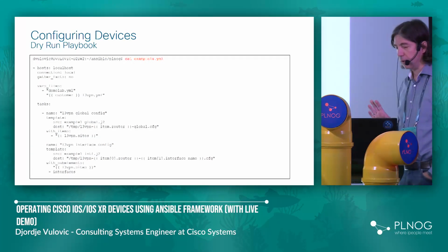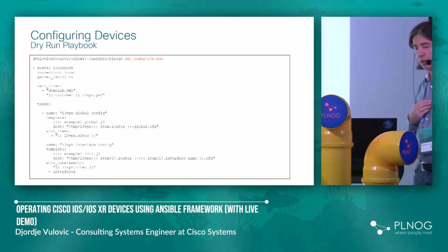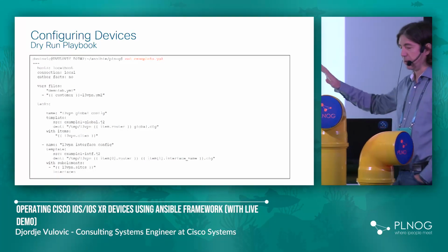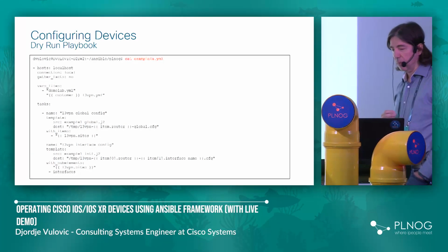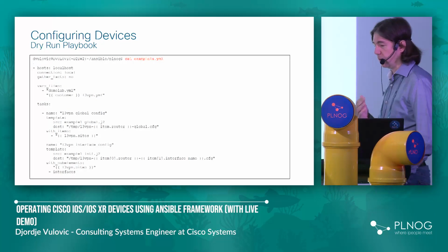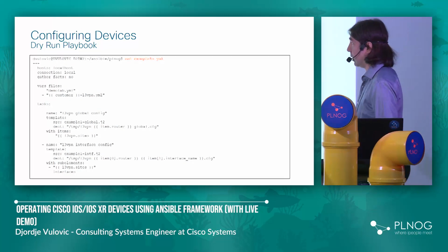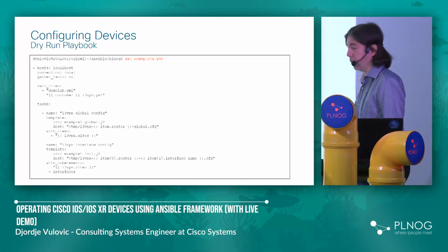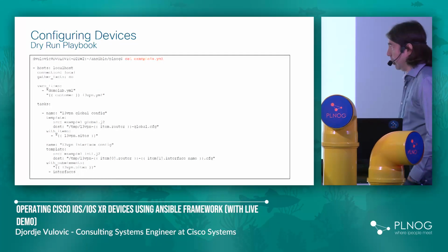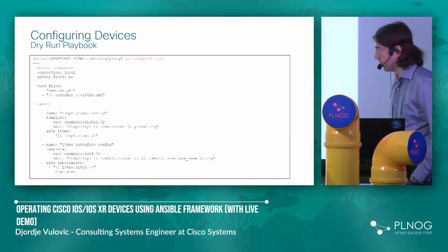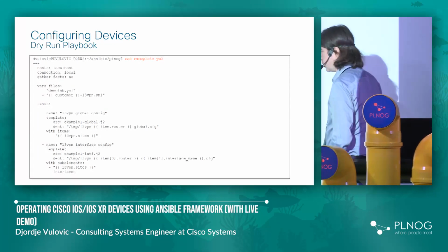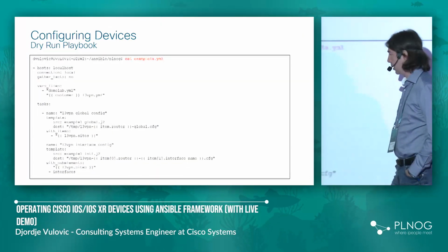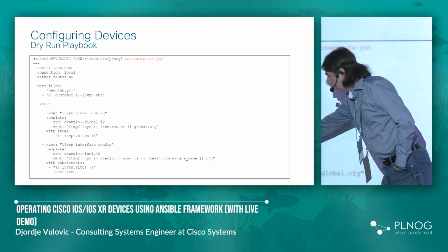So, if you have super faith in yourself, you can build the playbook which applies this immediately to the router. But in many cases, you would first like to check how these configurations would actually look like, or to do some kind of a dry run. So how you can do the dry run in here? We can use the Ansible module called template, which we saw in the very first example of Ansible,